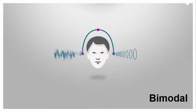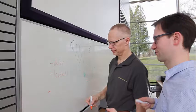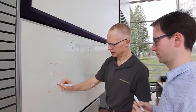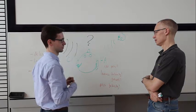My project is concerned with what we call bimodal listeners. And these listeners have a cochlear implant in one ear, so already one of their ears is highly impaired, but also their other ear, in fact, is impaired in its hearing, and that's the ear in which they carry a hearing aid. The challenge with this bimodal hearing is that these two types of devices sound quite different, and this can eventually also make it more difficult for these patients to bring the sounds from both their ears together. I would like to find out how we can actually change the output of these devices in order to